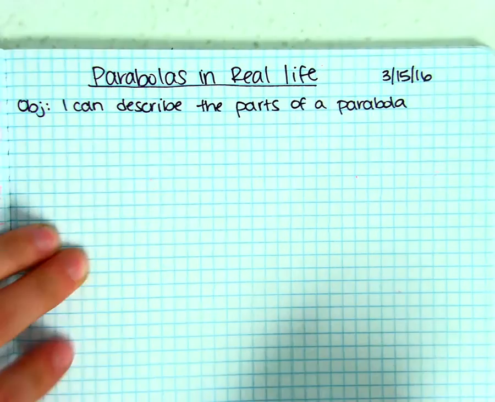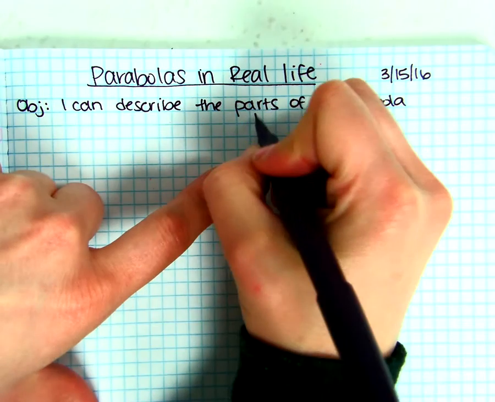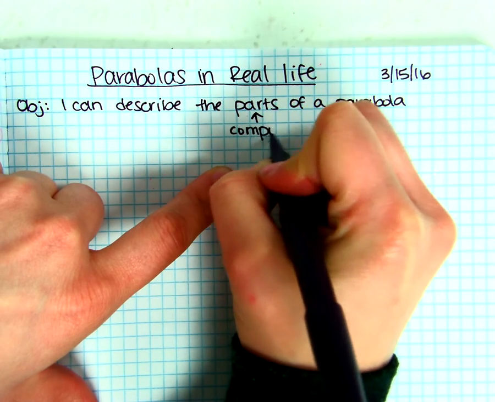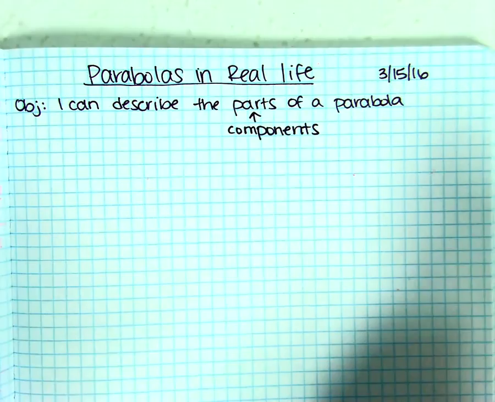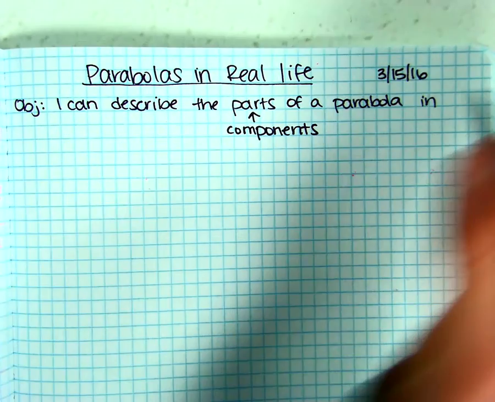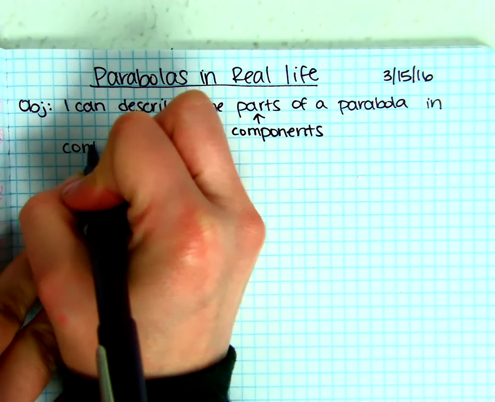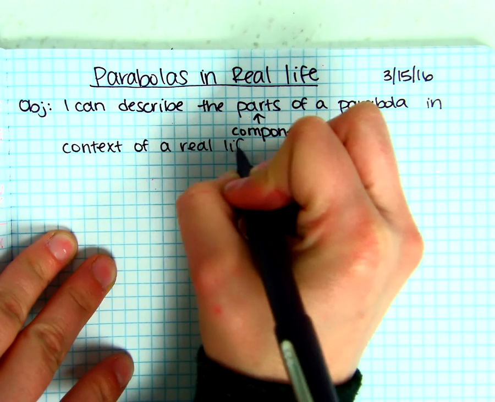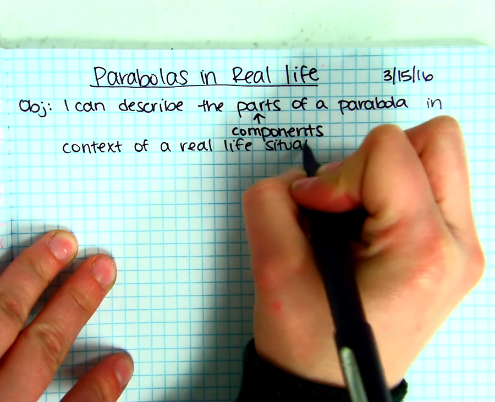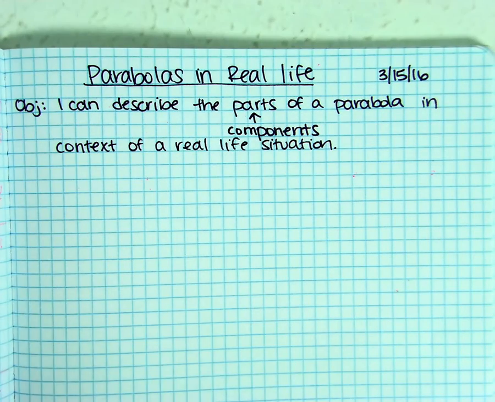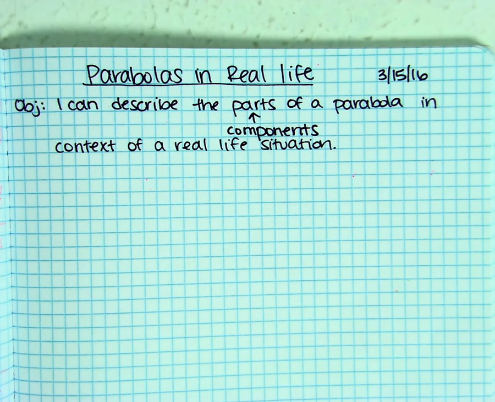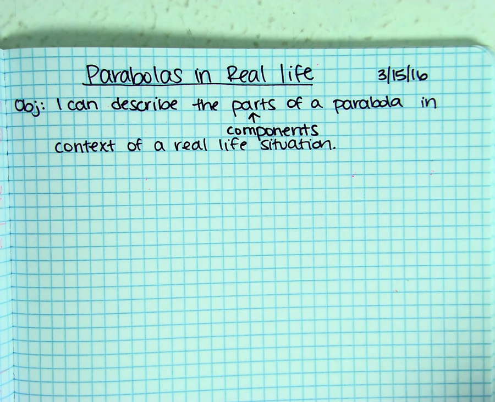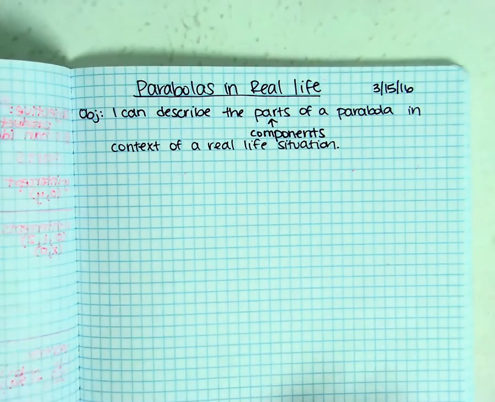I'm also going to add another word for the word parts. You'll hear components. Okay, parts of a parabola in context of a real life situation. Okay, so there's a lot of different examples of parabolas. We have arches, roller coasters, bananas, dolphins jumping, people diving into the water. So we're going to look at the components of a parabola